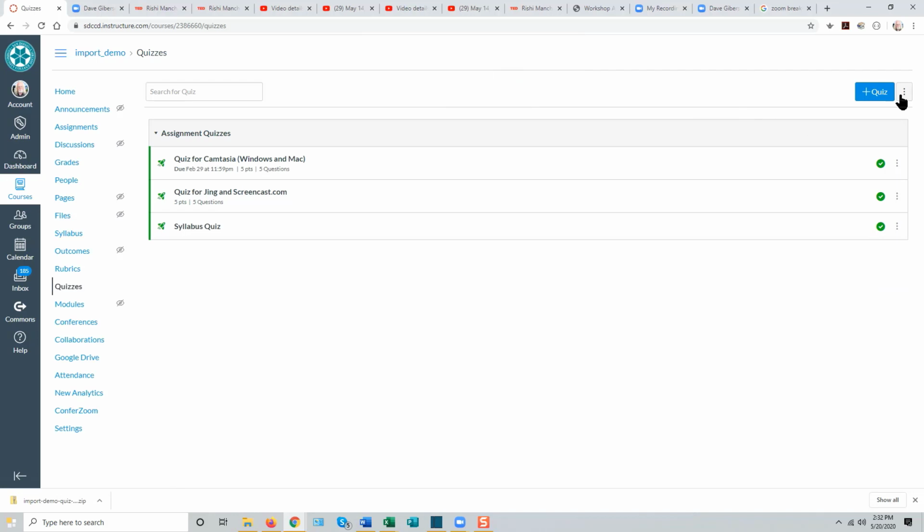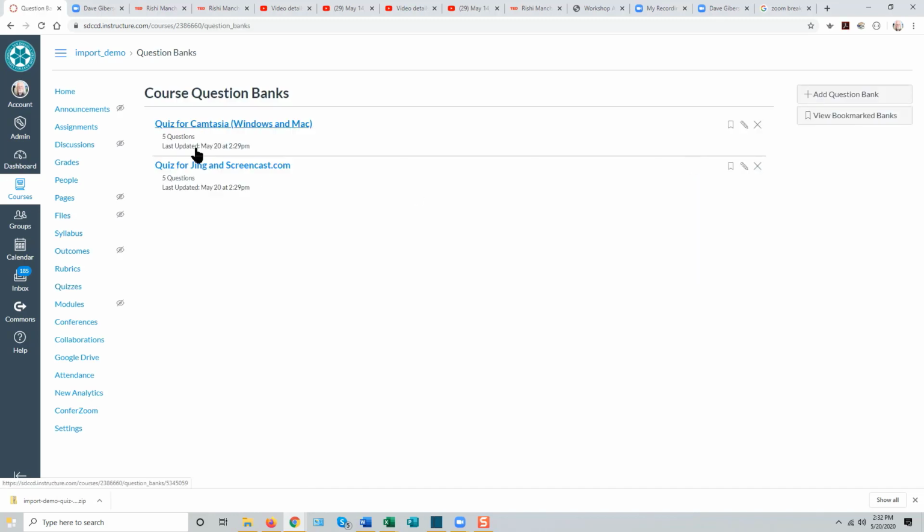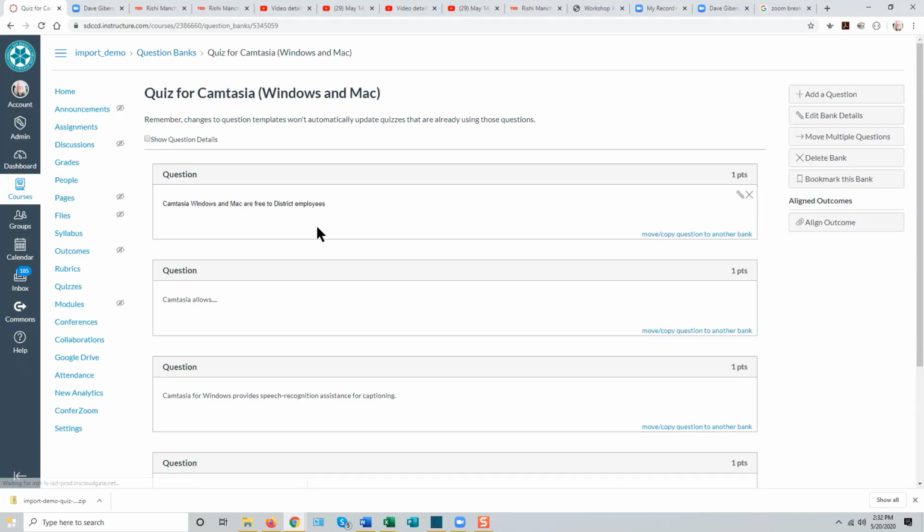Now let's go and look for a question bank. We'll go to the unlabeled context menu icon in the far upper right corner of the quizzes page and select Manage Question Banks. And here now those two quizzes have been copied as question banks. All the same questions are available in each, and these questions can now be reused when you create a new test